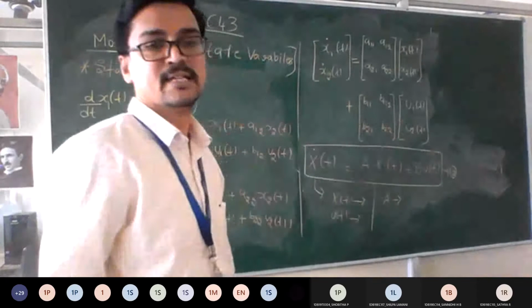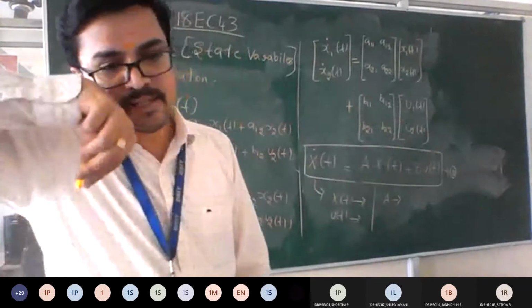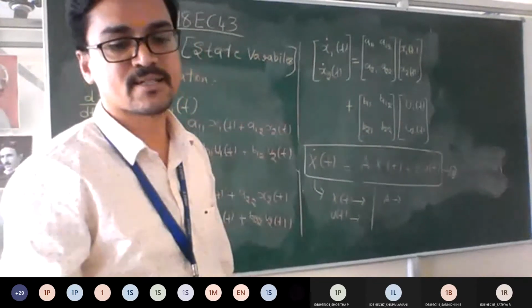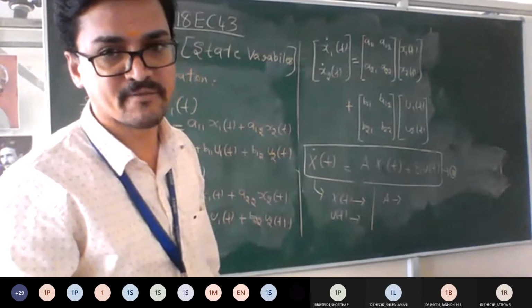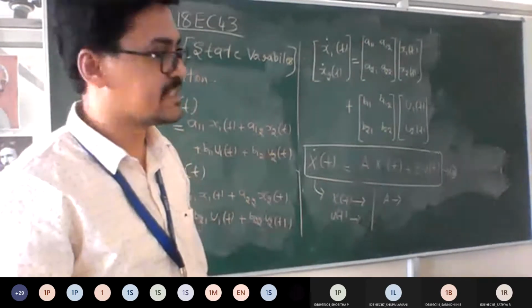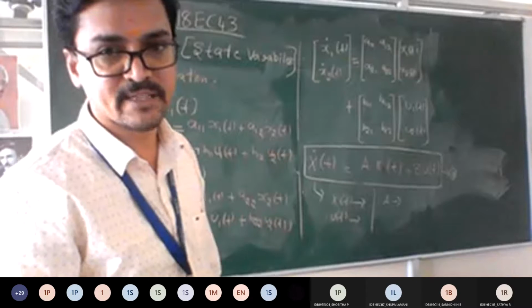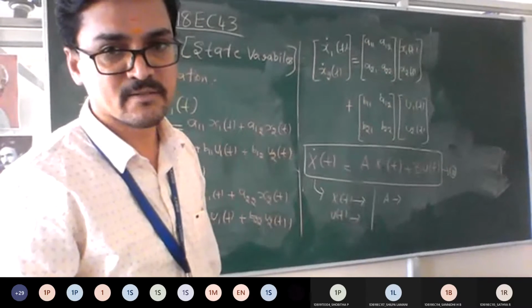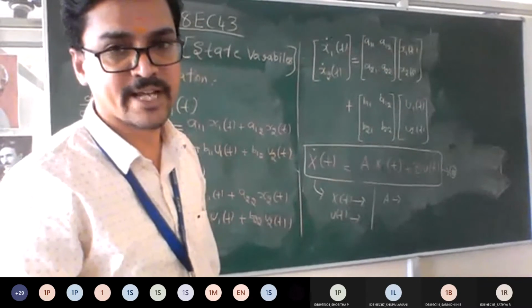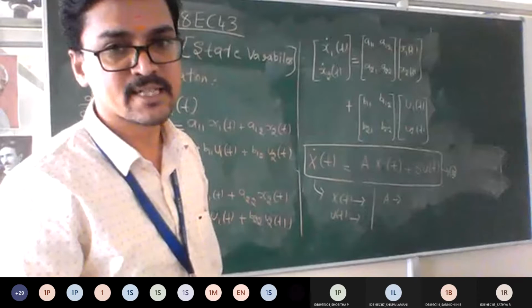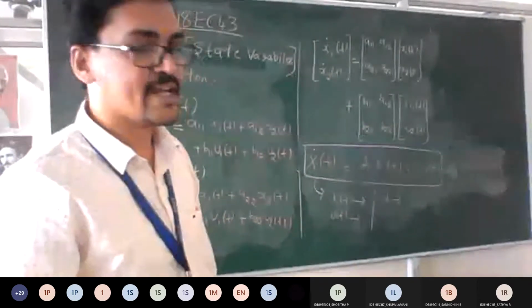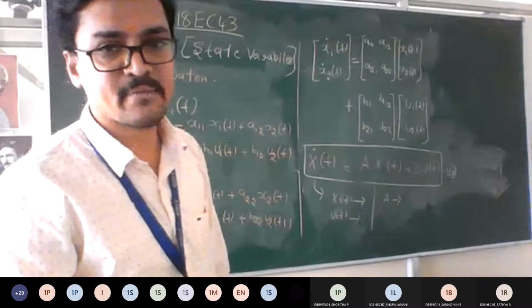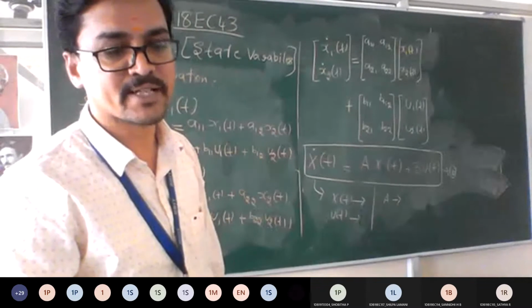A is called as system matrix or evolution matrix. See, these are the different names what we can find, guys. So I hope in Z parameter of network theory we have different names, right? Reverse, forward, input, output, gain. Same way here also, with respect to state variables we are designating a matrix name. So A is called as system matrix or evolution matrix.